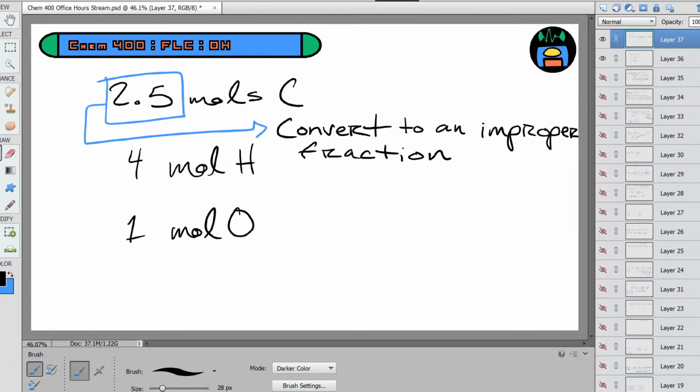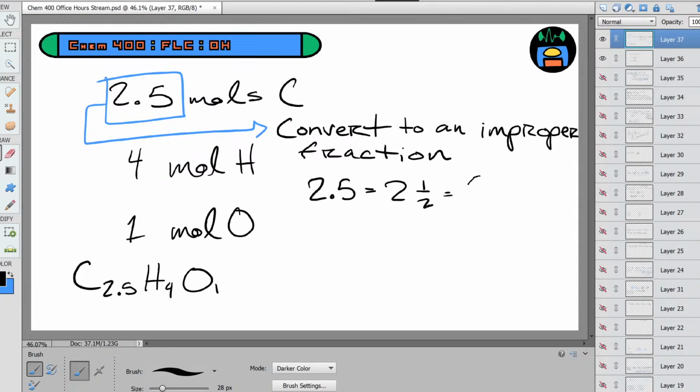As of right now, we have C 2.5, H 4, O 1. 2.5 is 2 1/2, right? If you were to make it a fraction, then as an improper fraction, this would be 5 halves. So this would be C 5 over 2